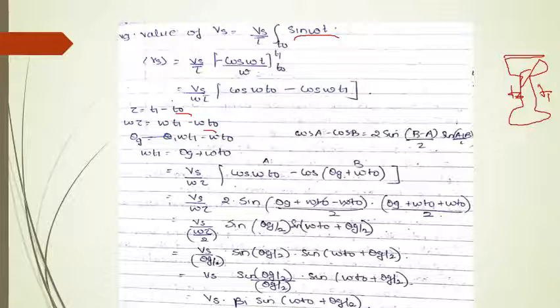So if I'm arranging the equations, can I write it as omega t1 is equal to theta g plus omega t naught? We're just going to substitute wherever omega t1 is there, in place of omega t1 as theta g plus omega t naught. And this formula is nothing but cos A minus cos B. According to trigonometry, it is 2 sine B minus A upon 2 into sine A plus B upon 2.